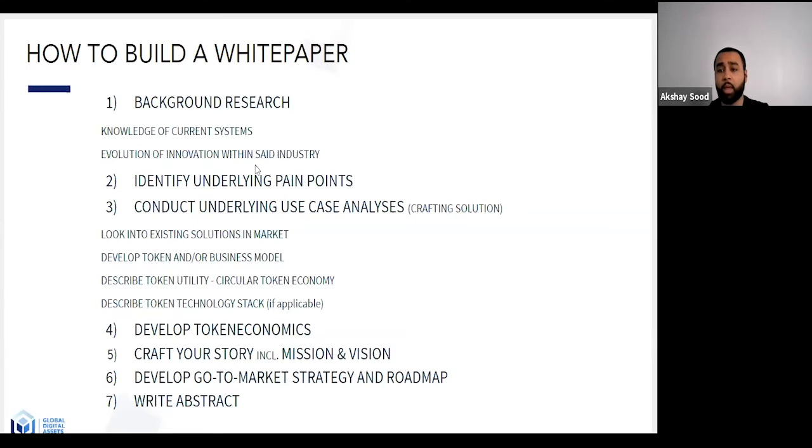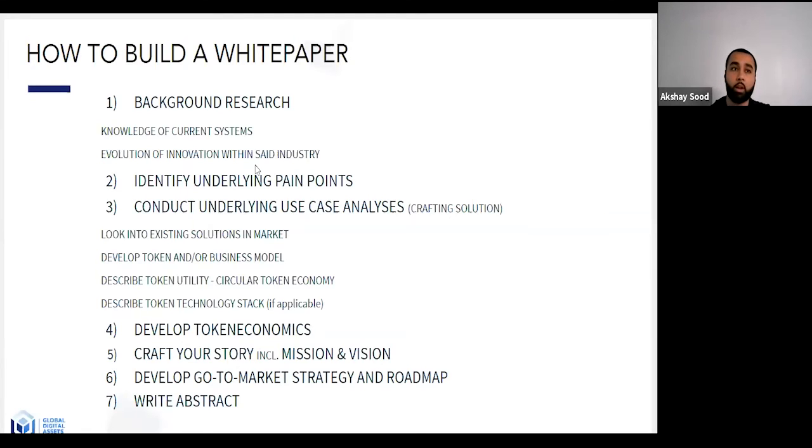Now, you want to develop an underlying token model and/or business model. A lot of times blockchain projects are reliant on a token model. That is how the project works. But it could also be that there is an underlying business model, and then a token model sits on top of it. A token model is essentially something that connects to the end user, touching the end user at every single point in time, where different ecosystem participants are able to transact with the token and use the token within the said project's economy, for example.